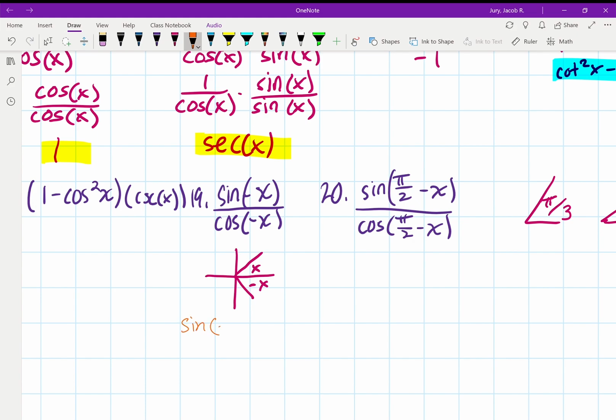So sine of negative x is going to be equal to, sorry, negative sine of x. So if we look at these angles, y values, I've got a positive y value for positive x,